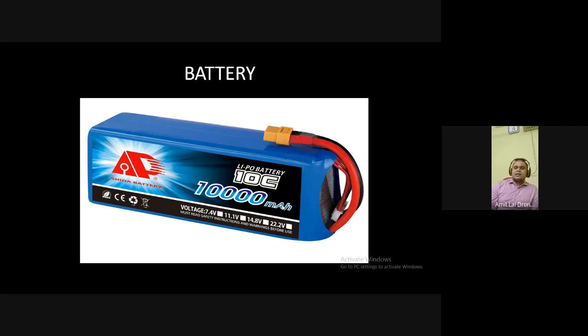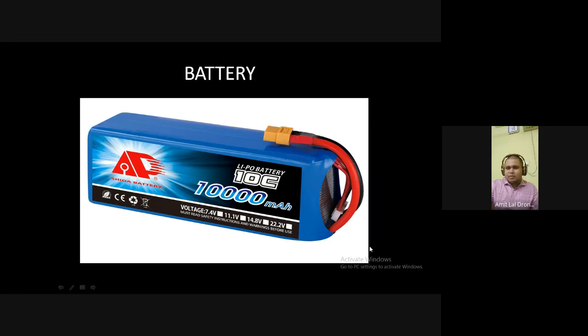Rated capacity, as in, for example, I have a bottle that is of 1 liter. So that 1 liter is the rated capacity of the bottle. It may be a little different. The rated dimension is 1 liter, but actually it may be different. Similarly, the 10,000 may be 9,999, maybe 10,001. So in ampere hour, when you talk about ampere hour, it can be 10 ampere hour.